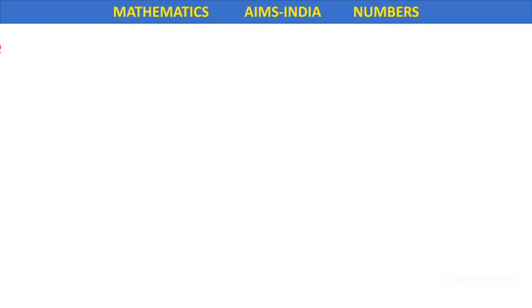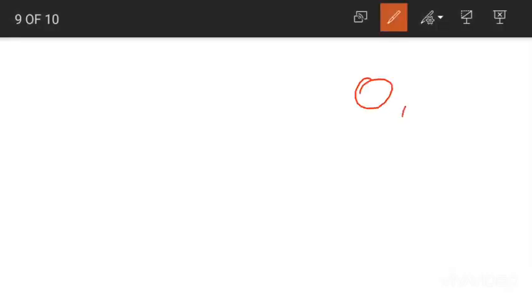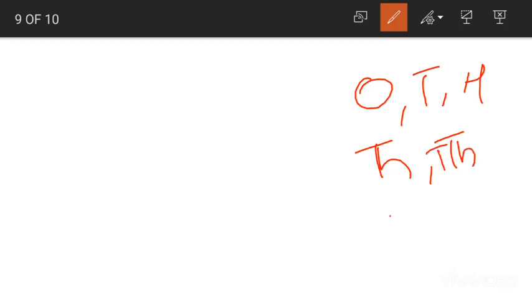What did we learn today? We've learned two new place values, which are 10,000 and lakhs. 10,000 comes on the 5th place from the right side on a place value chart. Lakhs comes on the 6th place from the right side on a place value chart. And then we have learned about periods. Ones period has 3 place values. What are they? They are ones, tens and hundreds. Thousands period has 2 place values. They are thousands and 10,000s. Lakhs period again has 2 place values. They are lakhs and 10 lakhs.